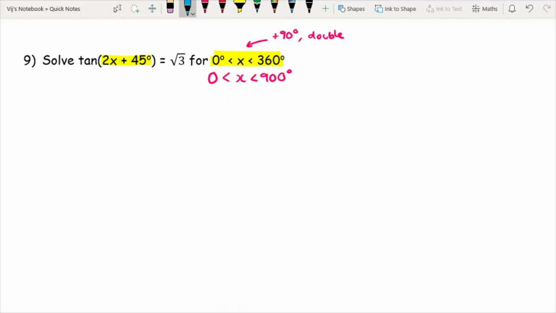So the first thing I need to do is make 2x plus 45 the subject, and I do that by doing the inverse tan of root 3, and 2x plus 45 degrees gives me my first angle of 60 degrees, which is quite a nice angle. So if I go about drawing my graph